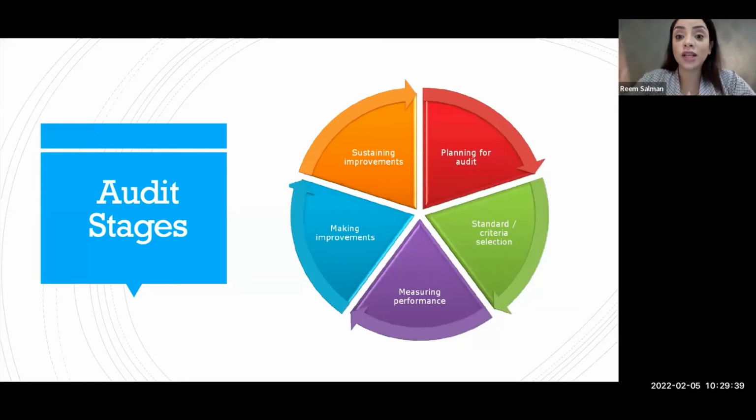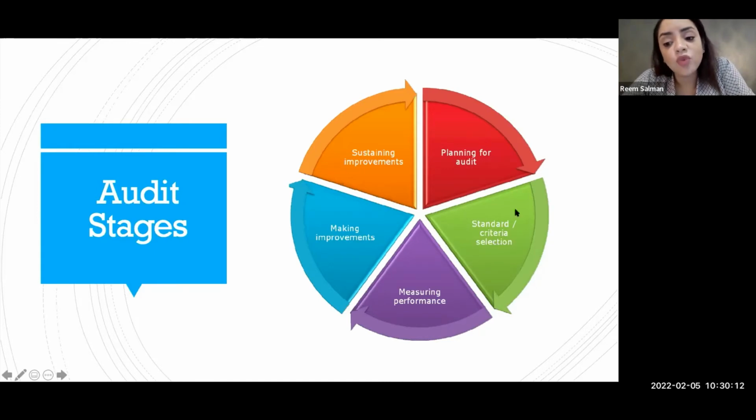That's why it's called a cycle, because it's a continuous process of trying to test the clinical practice against standards, make sure that the patients are getting the best quality of care, that the staff are structured in the best way, and that the funding is being used in the right places and the most suitable way. So it is an ongoing process and it doesn't stop. An audit can be going on for years and years, and one cycle can be closed and 10 cycles can be closed.